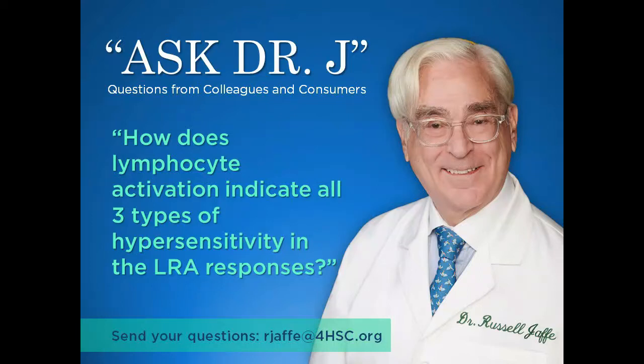Dr. Jaffe, we have a customer writing in asking, how does lymphocyte activation indicate all three types of hypersensitivity in the LRA responses? Well, the uniqueness of the LRA, the uniqueness of the lymphocyte response assay that we have been offering clinically since